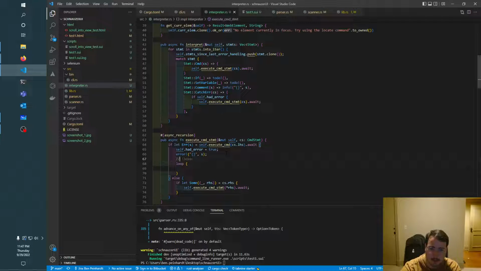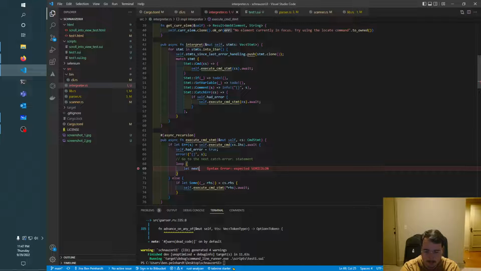What we want to do is go to the next catch error statement. So let's loop. Let next statement equal